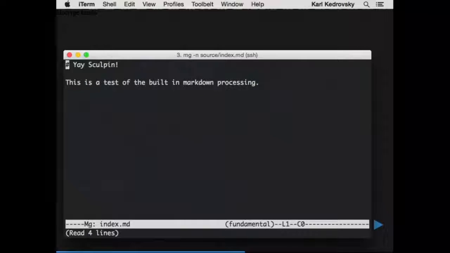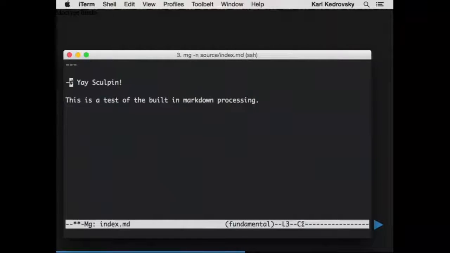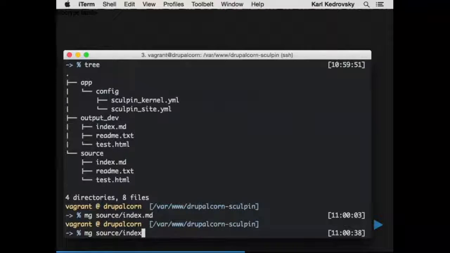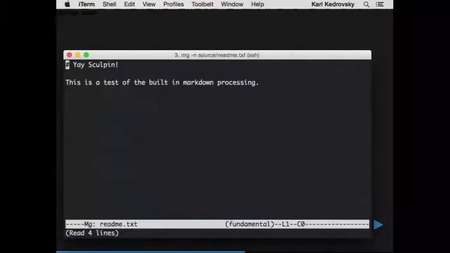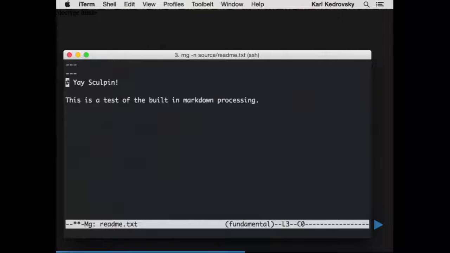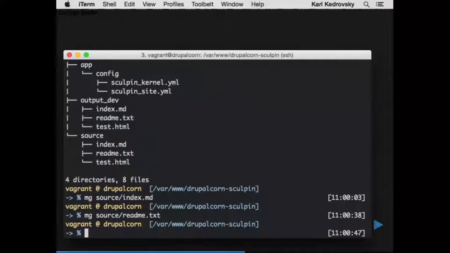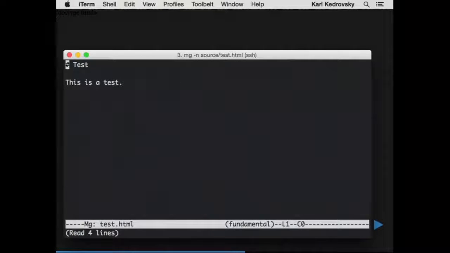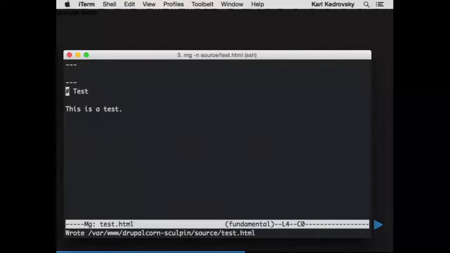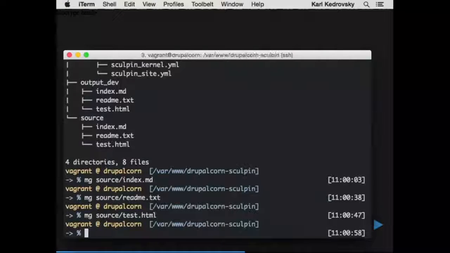We're just going to go three dashes, set, for the README, and the HTML file. Okay, and then we'll rerun